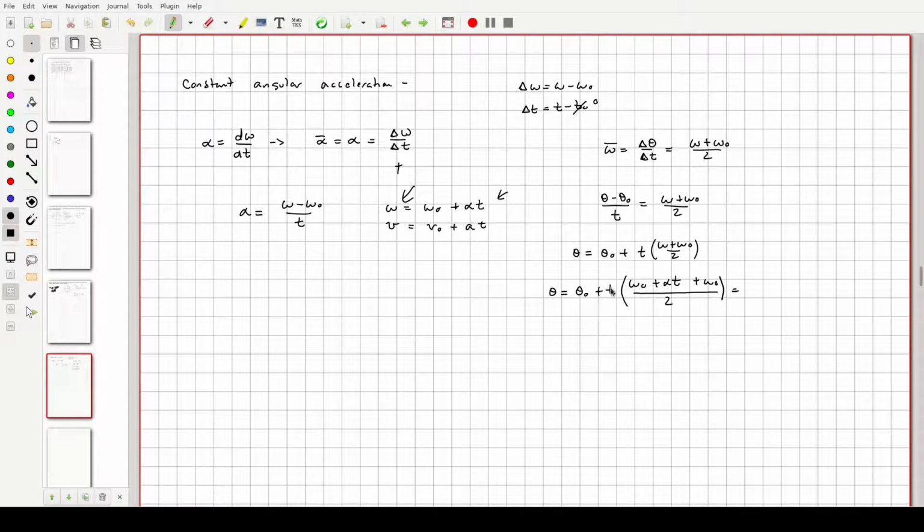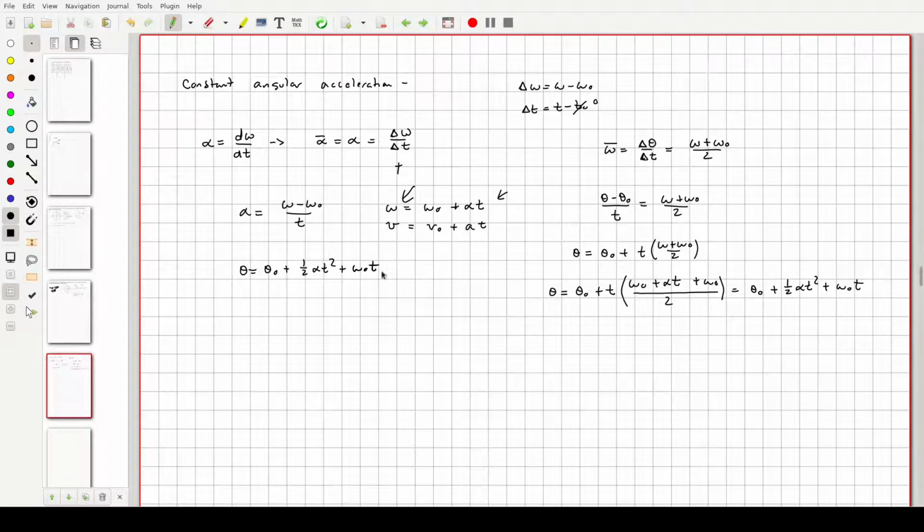Well, you multiply this stuff through, you group the omega naughts together, and you get something that looks like this. Oh, well, this looks really familiar. Are you telling me that theta is equal to theta naught plus 1 half alpha times t squared plus omega